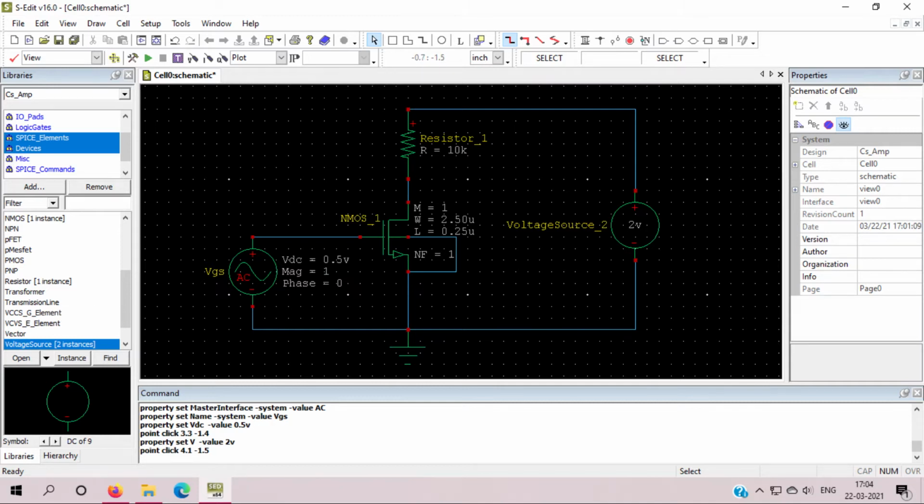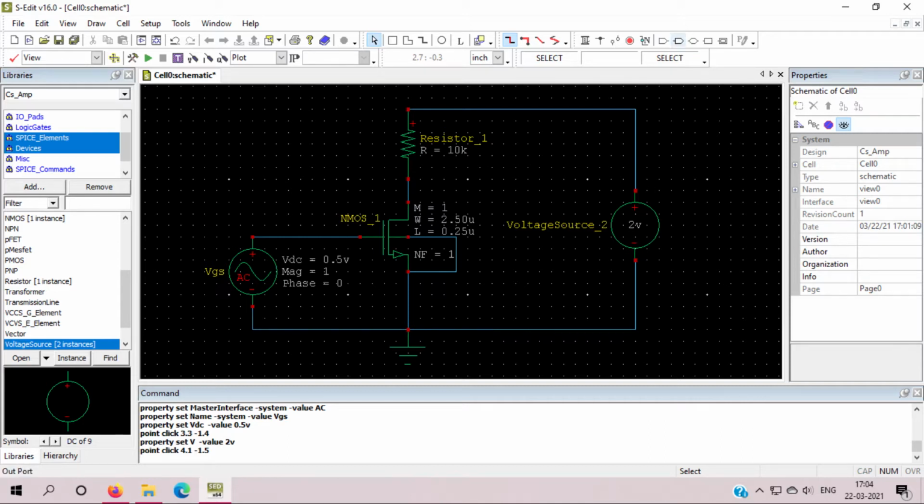Now for measuring the voltage, we need to give one command called print voltage to observe the voltage at the output. And for the output, we need to connect one port here where we will measure the output. So my output will be measured from here. I will connect one out port here.